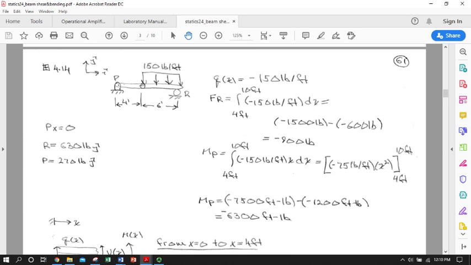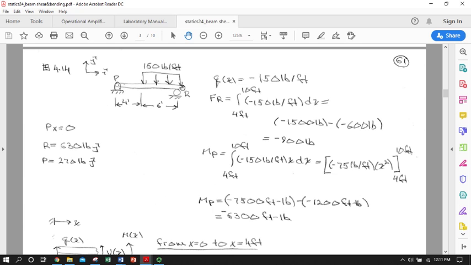Then we're going to start up a new section, and we're going to take all of the initial conditions at the start of the new section from whatever we had at the end of the old one, and it's going to handshake over into our limits of integration. And we're going to rock on with a Q, and we're going to integrate to get a V, and we're going to integrate to get an M, and we're going to express those as a function of x from x equals 4 to x equals 10, and we're going to hope that our end condition corresponds to whatever our support reaction is here from R,